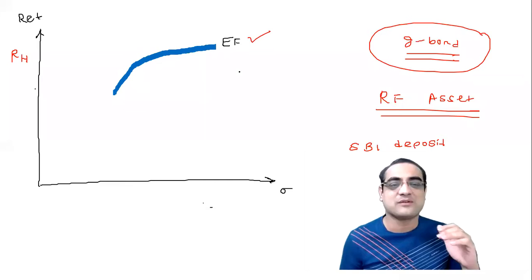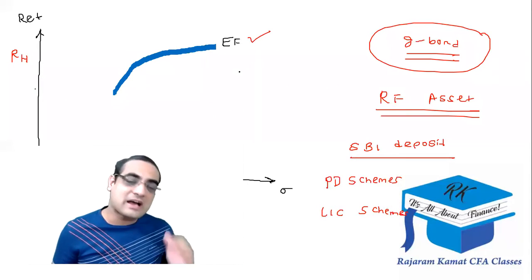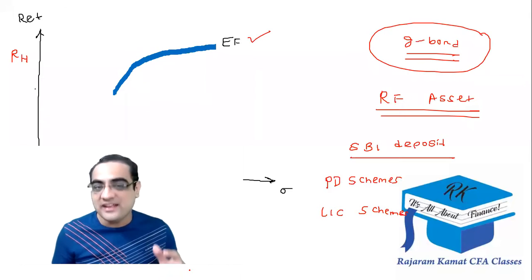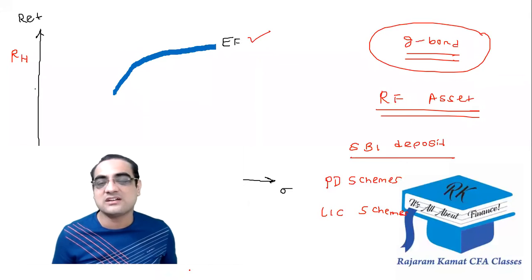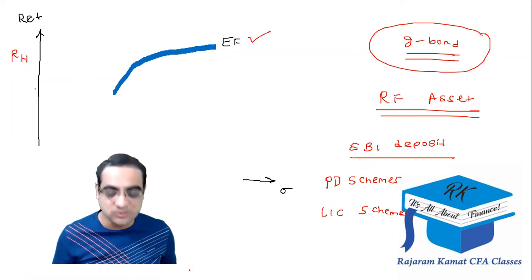So if the client says no, I do not want to invest into it, then the efficient frontier is fine. The efficient frontier would be a kind of capital allocation tool for the capital of the client. I'm so sorry, actually, I didn't share the screen. But I believe whatever I was speaking was making sense, so I don't think that was creating any problem. I was just saying that if the client is not going to invest into risk-free assets, then the efficient frontier would be a good capital allocation tool.